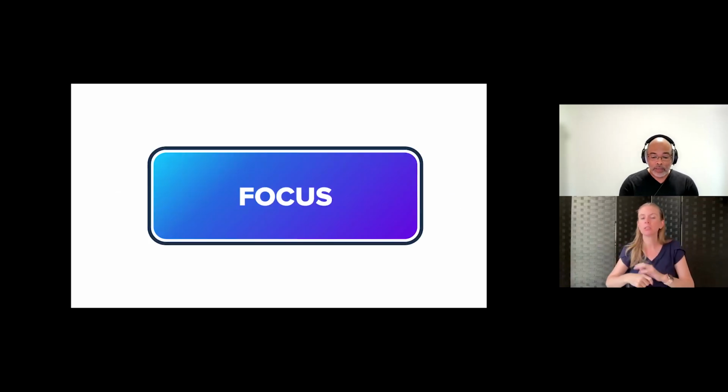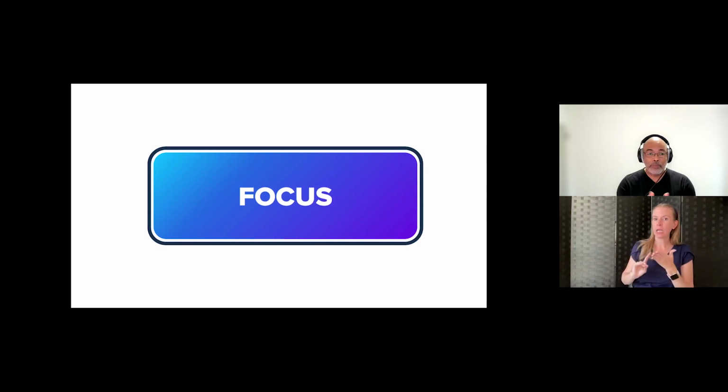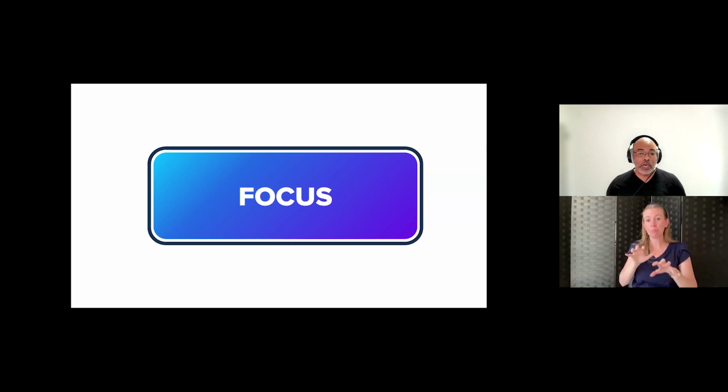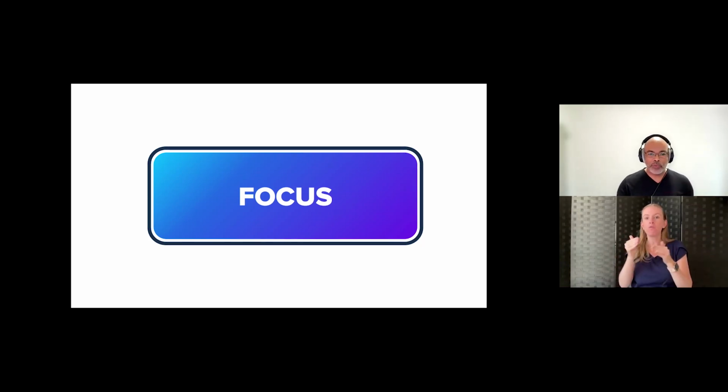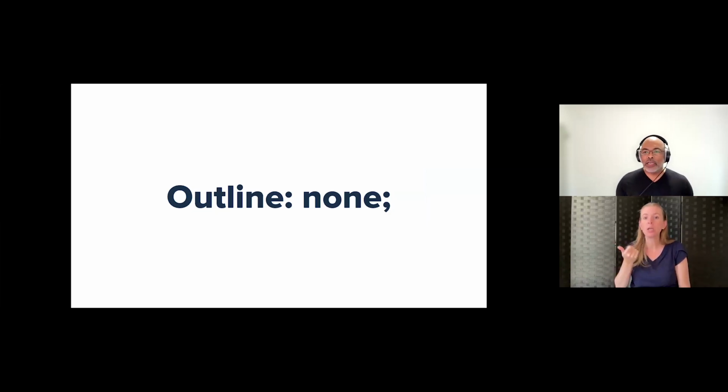Another part of design that was a big pain: focus rings. We all know that we can visit sites right now, and if we are power users, or if you have a disability that requires you to use a keyboard or something other than the mouse, when you're traversing through the UI, if they don't have a focus ring, you have no idea where to go. I come across that on a daily basis. But focus rings, we got rid of focus rings. It's so bad that outline none is baked into a lot of the CSS frameworks that we use.